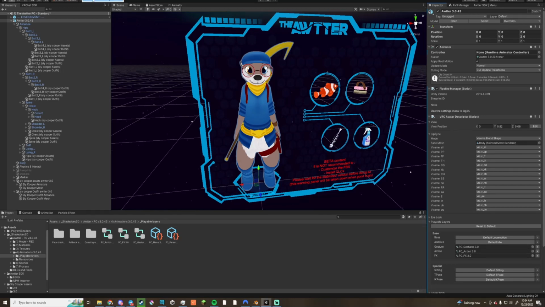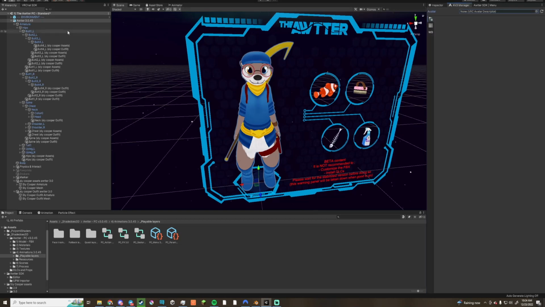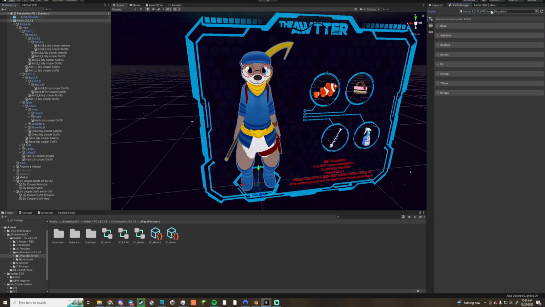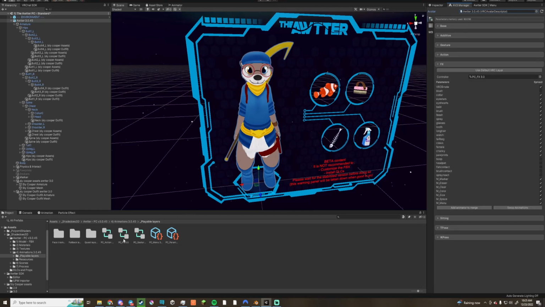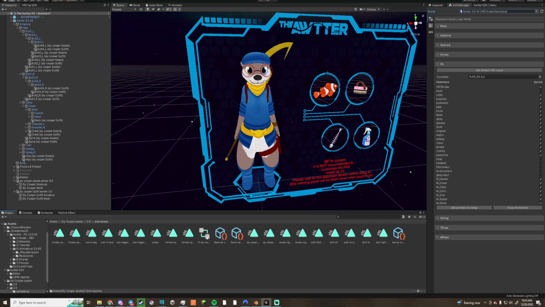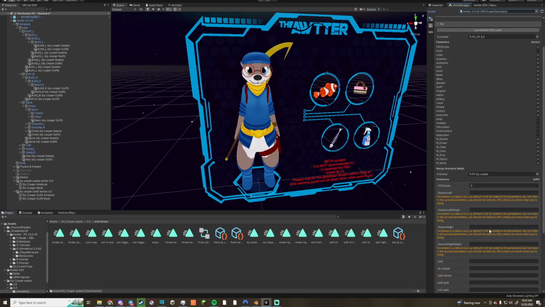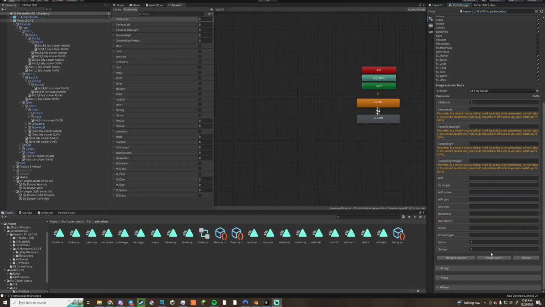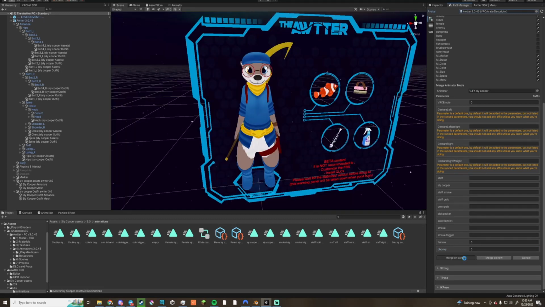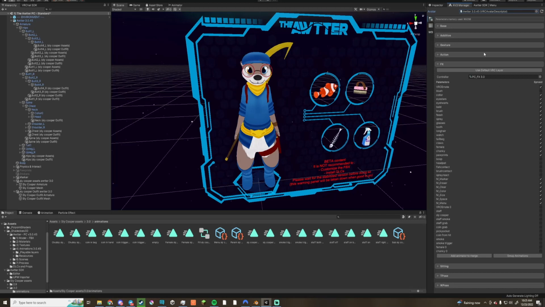So you want to open up VRC Labs and Avatar 3.0 Manager, and then drag it over here. Drag your avatar into here, open up the FX, and find the 3.0 FX and drag it into here. Then when you're adding this, you'll want to delete these zeros so it will merge with the existing ones. To merge on current, and then